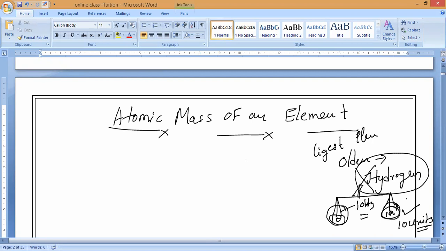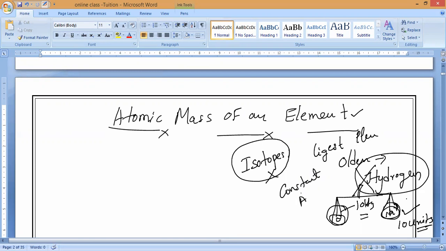But later hydrogen was found not to have a standard atomic mass unit, because in the next chapter we will study, or in class 8 you may have heard, a word called isotopes. Now you don't need to study it and don't get confused. So nowadays, for measuring the atomic mass of an element, hydrogen is not used, because it does not have a constant atomic mass.